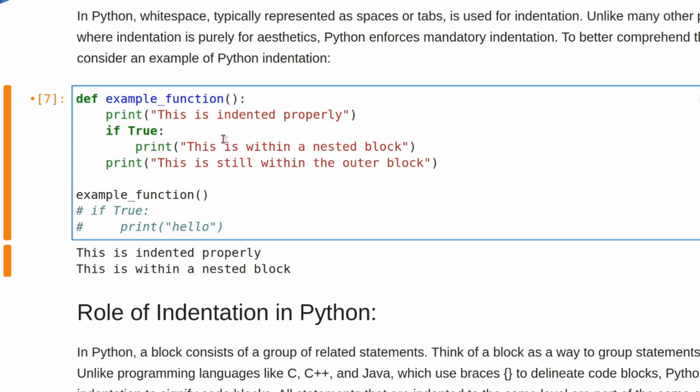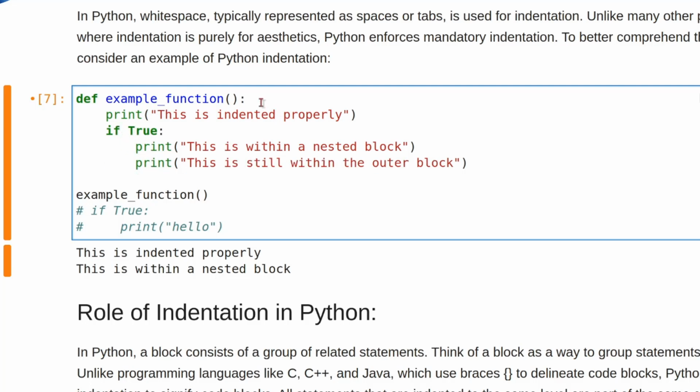If you see the blocks of the code, there are 3 blocks of the code. This is the first function, this is before the function, this is inside the true block, and this is outside the function, if you see it that way. So if you want to write something outside of this block, you have to indent it outside this block. For example, if I write it, it comes under this.